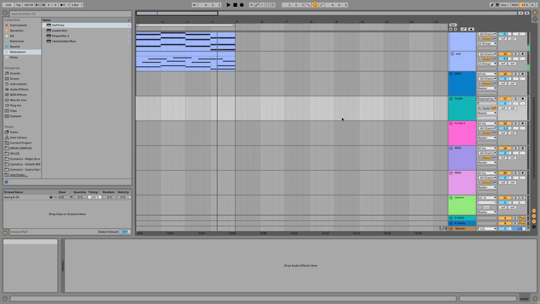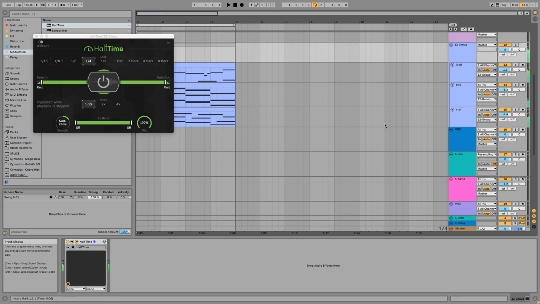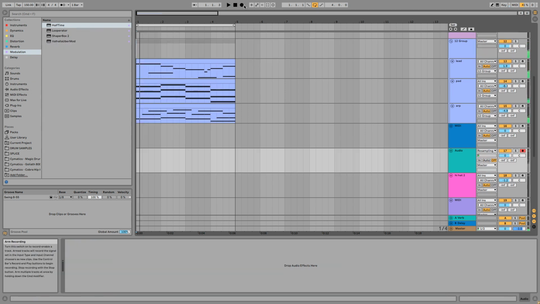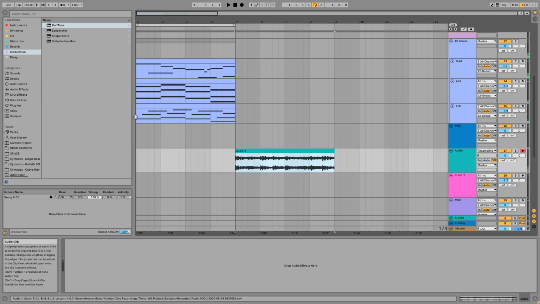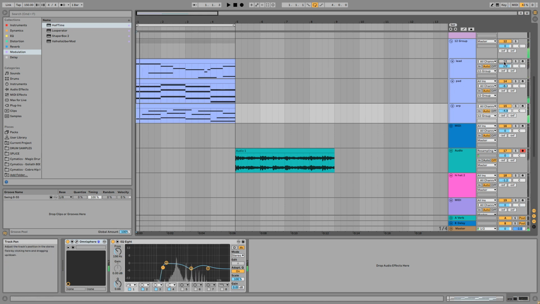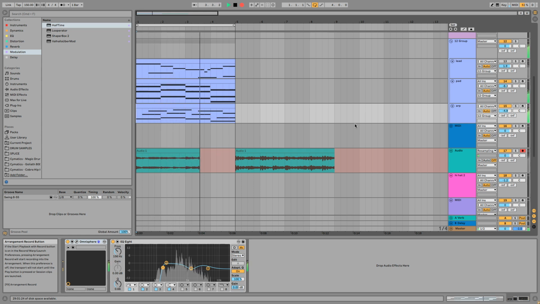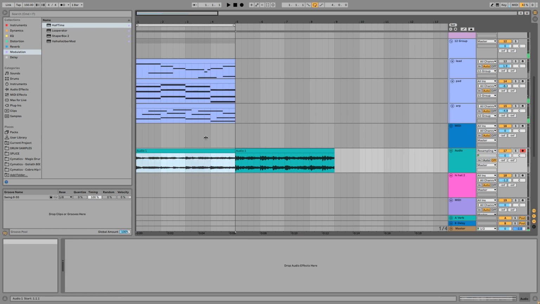So what I do is I usually resample the audio that I like here. Just record it for later if I ever want to use it. And I also record a quote-unquote B section without the lead. Just have the chords and the arpeggio. So yeah, that's how we write our melody, and we're going to be using this melody and putting a beat under it